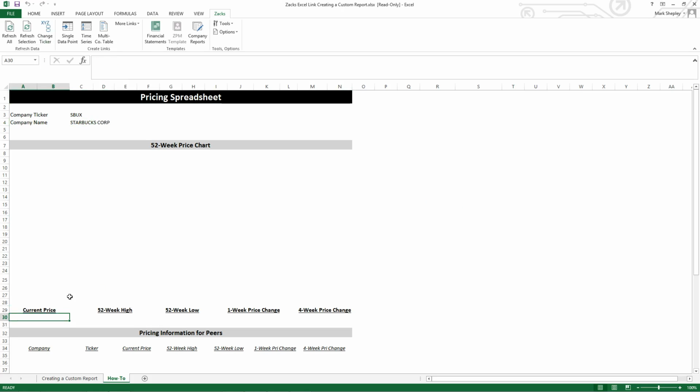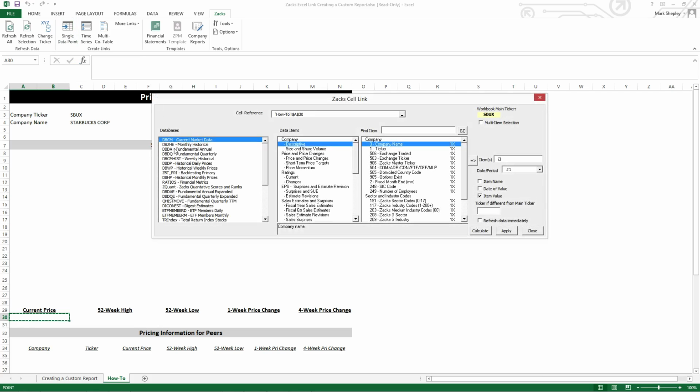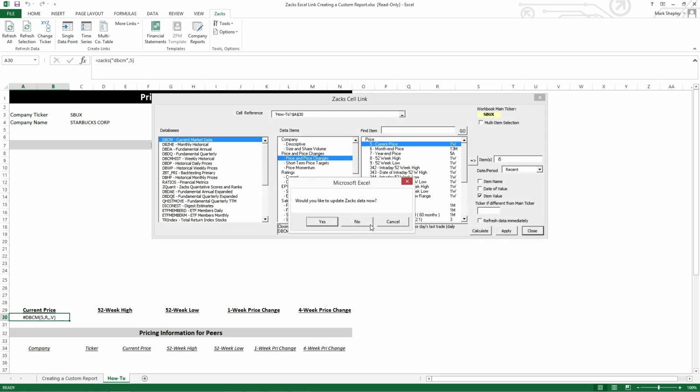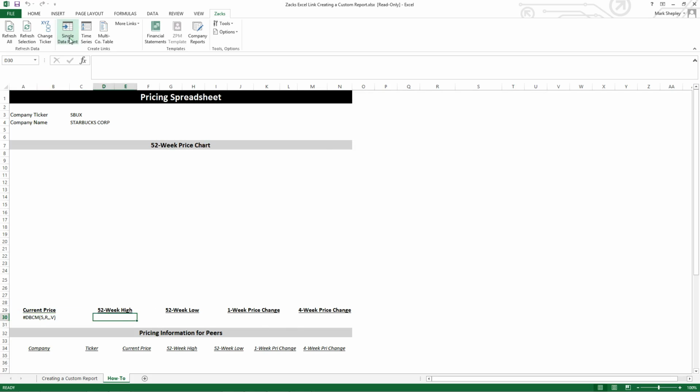Now, just to give you more of an example, we'll run through these 5 different pricing areas. So the current price, we'll do DBCM, price and price change. Current price, hit apply, close. I'm going to hit no so we can do these quicker. So no. We'll do the 52 week